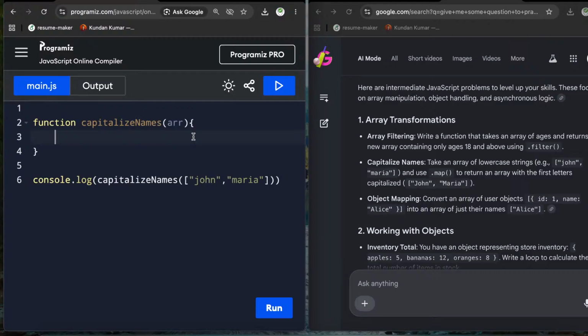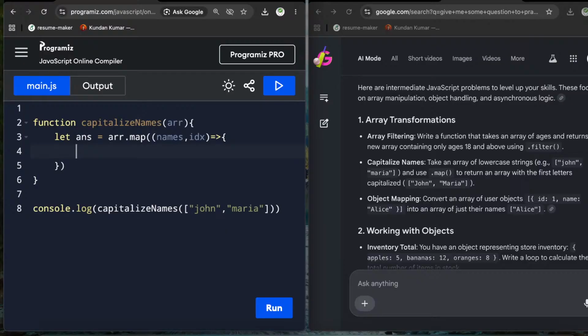Let's start and see how it works. So we have a function. Let answer equal array dot map. We have the map, so item, names, comma idx, we have other things too. So let's see, we have the names, and we have to return something. Let's return names